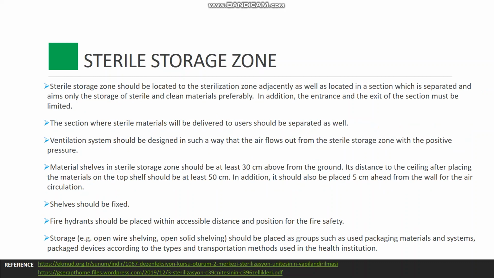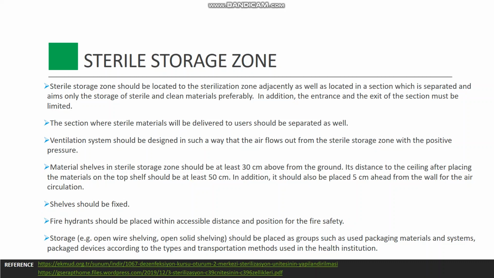Sterile storage zone. The sterile storage zone should be located adjacent to the sterilization zone, as well as located in a section which is separated and preferably aims only at the storage of sterile and clean materials. In addition, the entrance and the exit of the section must be limited. The section where sterile materials will be delivered to users should be separated as well. The ventilation system should be designed in such a way that the air flows out from the sterile storage zone with